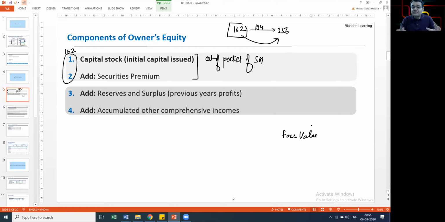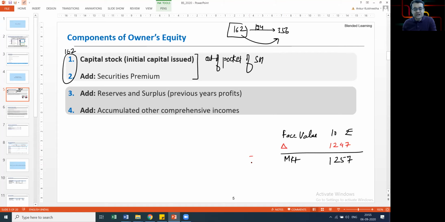So the size of the capital from a regulatory point of view is calculated basis the face value, which for Reliance Industries' most recent rights share was only rupees 10. But you know how much money did they raise from the shareholders? The market value, the total value is 1257. So may I ask you, what is this 1247? It is the incremental value.